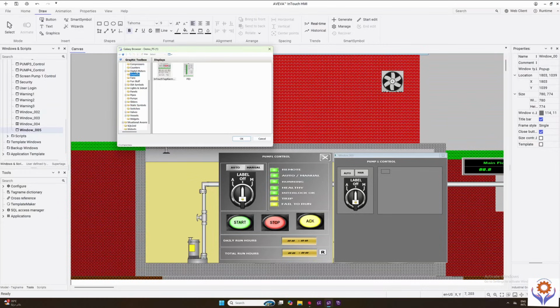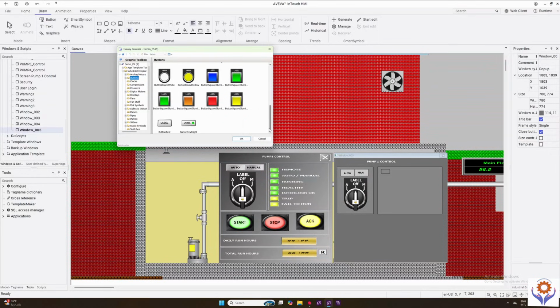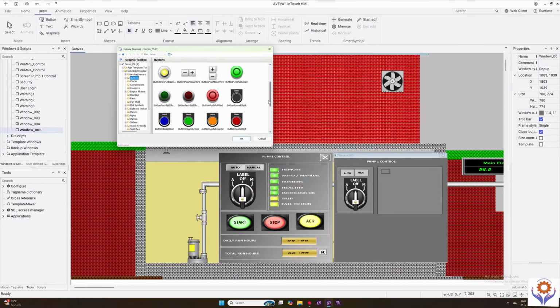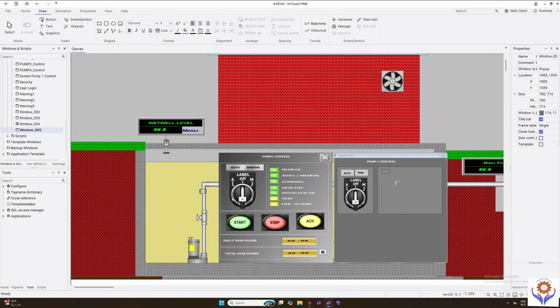For that I am going to select some graphics. As I told before, you can select from the graphics wizard or symbol factory, no issue for us. You can even import the symbols. Here I am just checking the symbols. See, we have a lot of symbols in the symbol factory, not symbol factory, in the Galaxy browser. You can select either the LED lamps, sorry, LED buttons, and also you have